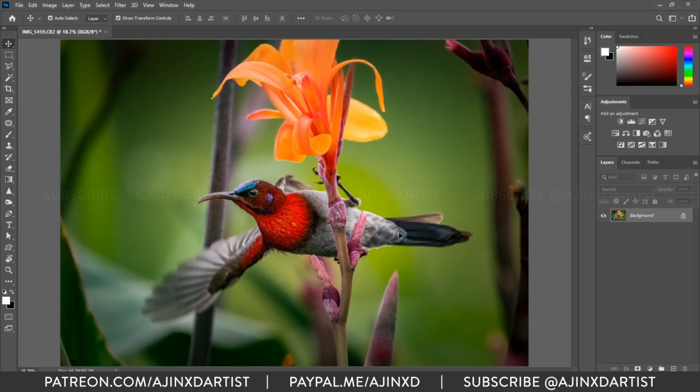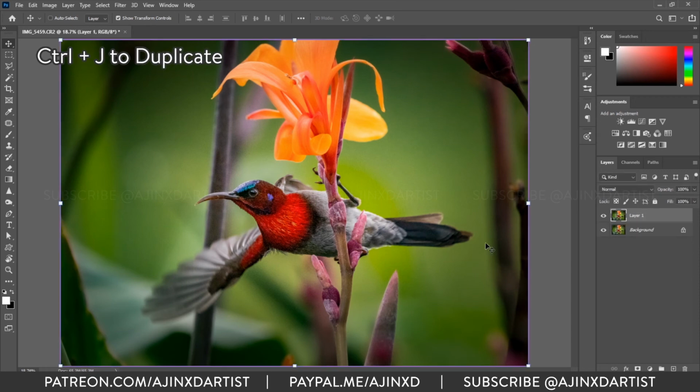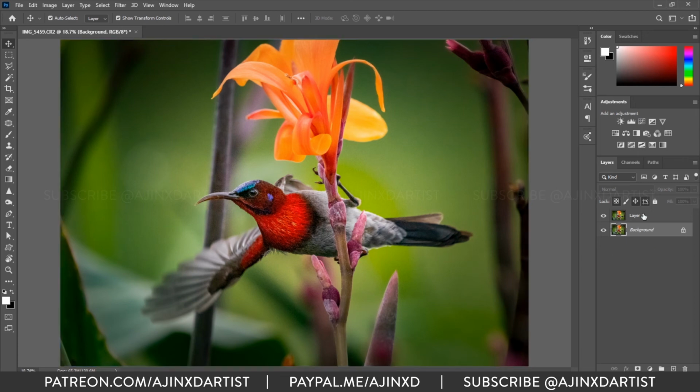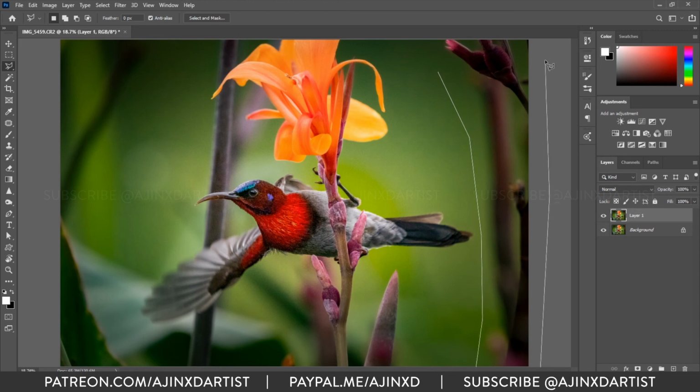We'll select the original layer, press Ctrl J, which is the shortcut to duplicate. You can go and select duplicate layer as well. Shortcuts are important, they help you speed up your process. So again, selecting the lasso tool. This is the polygonal lasso tool. Any lasso tool or selection tool is fine. Shortcut is L, so I'll go and click and select everything that I want to remove.